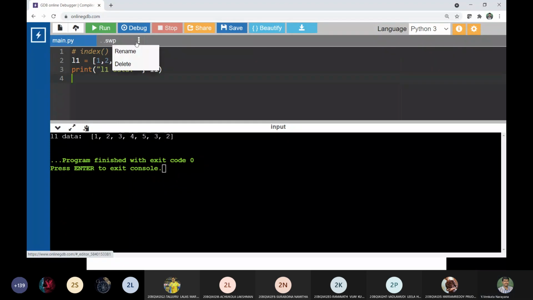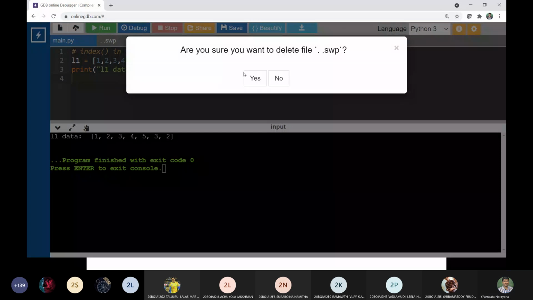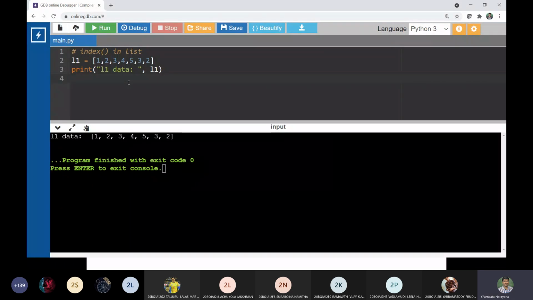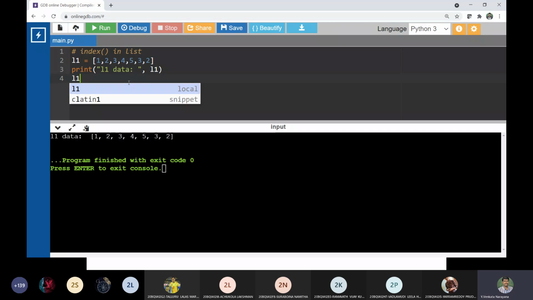Now, L1 dot index of 3. So I think this will return the position of 3, right?